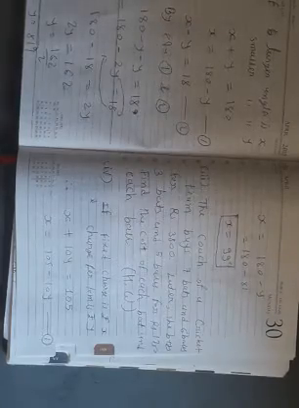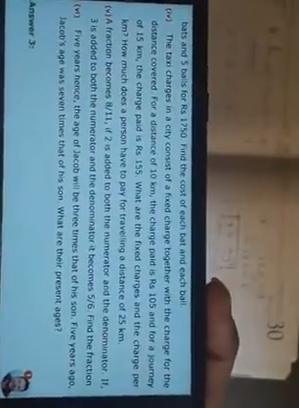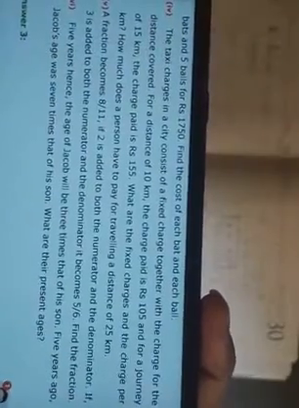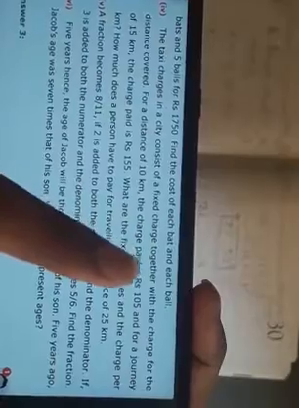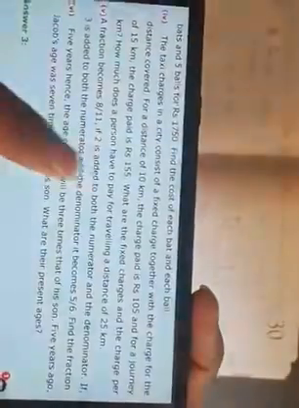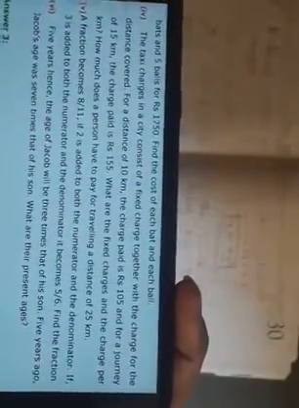Now we are going to start the fourth question. I hope you can see it. It's clear for you. See, if the taxi charges in a city consist of a fixed charge together with the charge for the distance covered. See, if you take a taxi, then it is said the